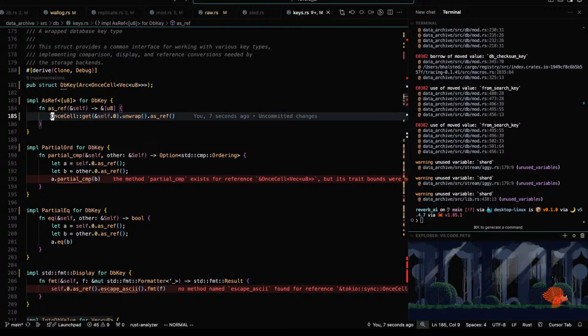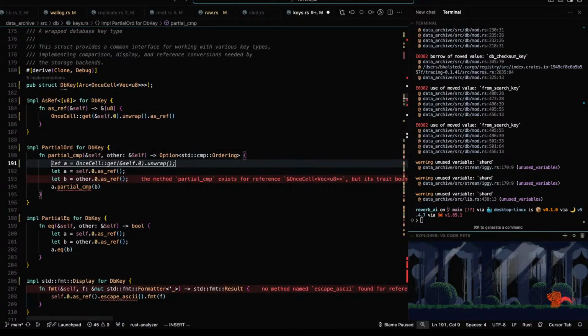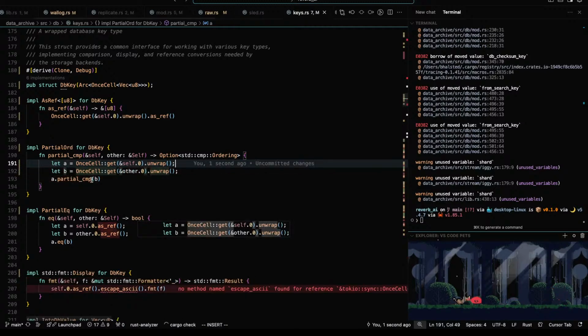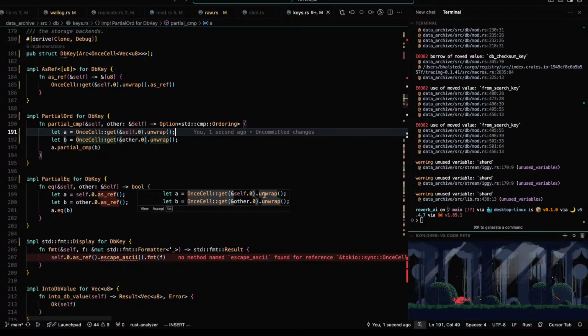Basically same thing here for A and B. Self and other. Oh, interesting. B is other. A, B partial.